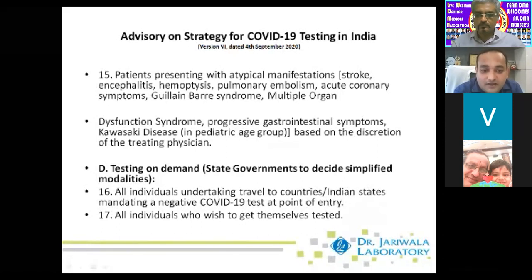There is one more category where the patient does not need to give any reason for testing, which is a 17th category. If you have a doubt in your mind that you have come across a suspected case of COVID, or there are certain patients who have it in their mind that they have COVID and they cannot get it out of their minds, then as a pacifying measure, such patients can just walk into any center and do the test. They will not need a doctor's prescription. Next slide, please.